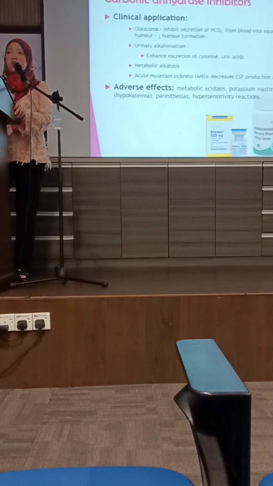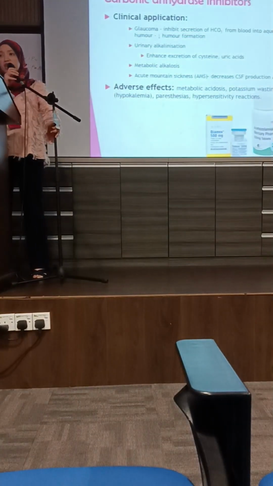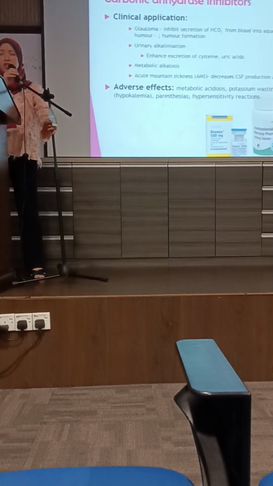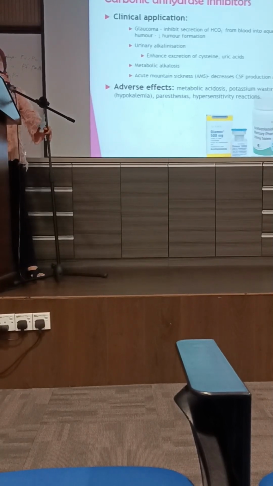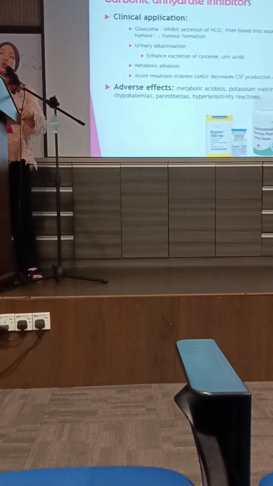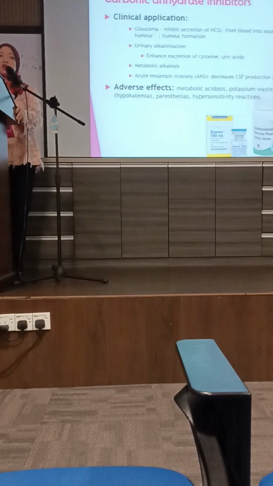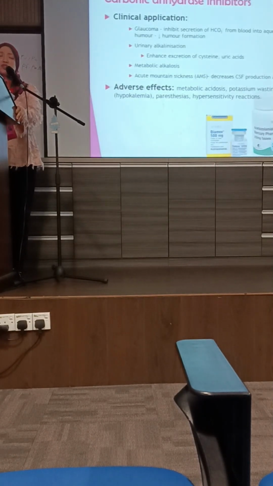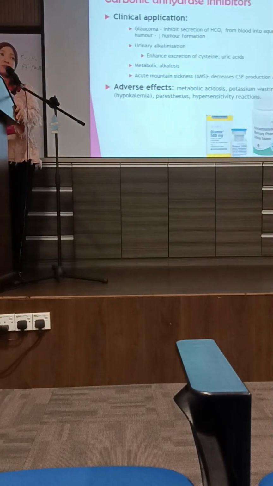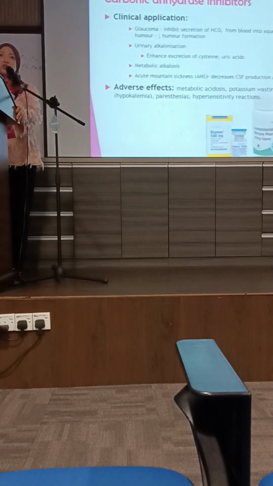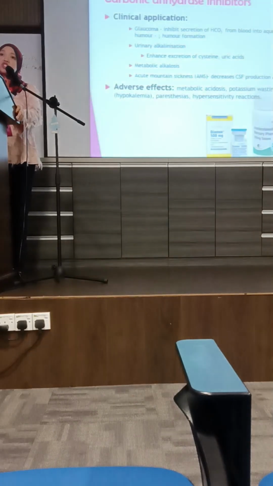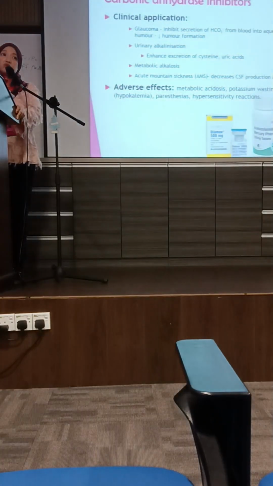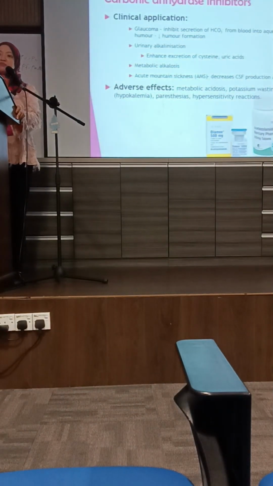Okay, so when do we use carbonic anhydrase inhibitors? Okay, for example, in glaucoma, to inhibit secretion of bicarbonate from blood into aqueous humor, to reduce aqueous humor formation. But for glaucoma we have many other agents to treat it, so carbonic anhydrase inhibitors are not the first line treatment. Okay, you have already learned about glaucoma, and I have also included a table of examples of glaucoma treatment. This is just one of the agents to treat glaucoma, but not the first line. And then